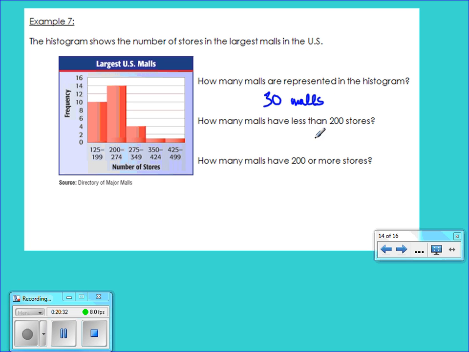Then how many malls have less than 200 stores? 10. That falls in this range down here. So we have 10. And how many have 200 or more? 20. That's right, 20. So all of them that are left have 200